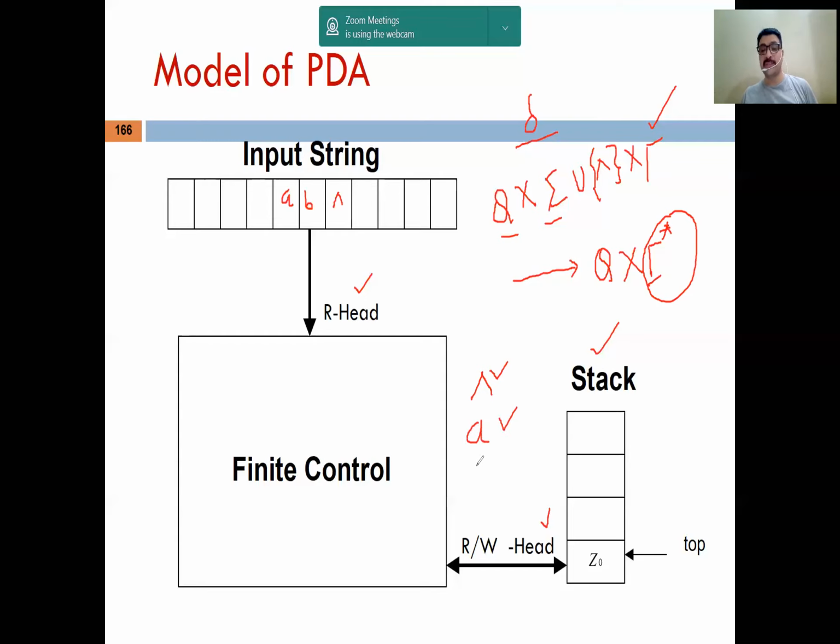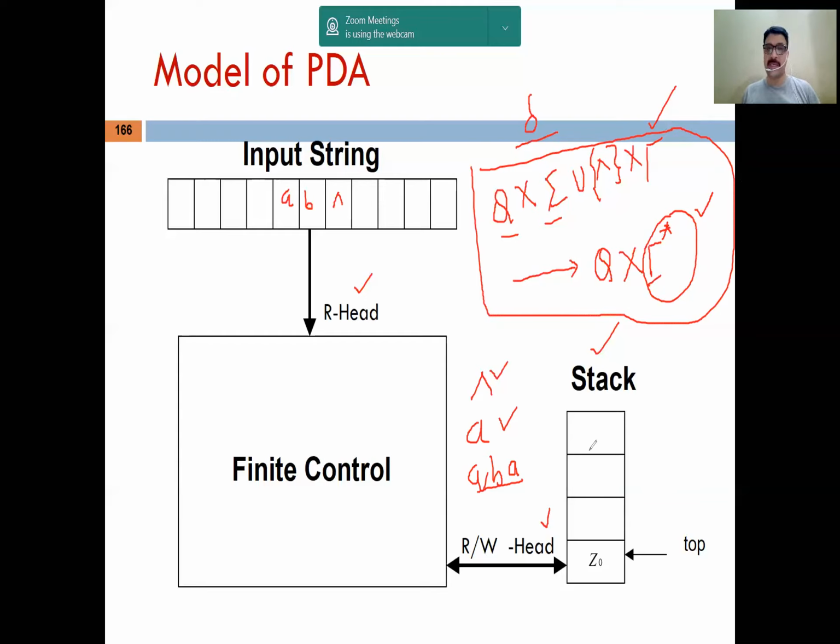If we want to push, suppose A, B, A, three symbols into the stack, then we can push three symbols onto the stack. It means that we can push any number of symbols into the stack, including null. So how can we represent this thing? This thing can be represented by using tau asterisk. So this is the important part here, the transition function, that shows how a PDA works, right?